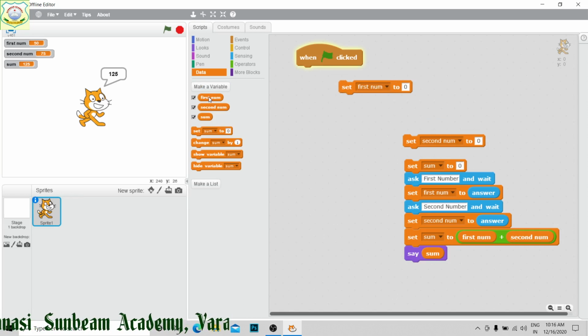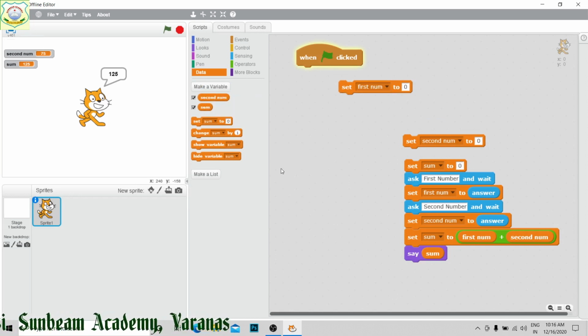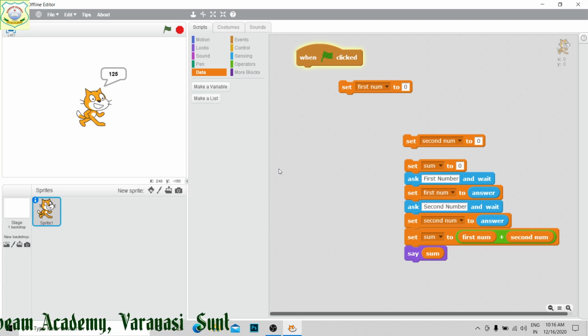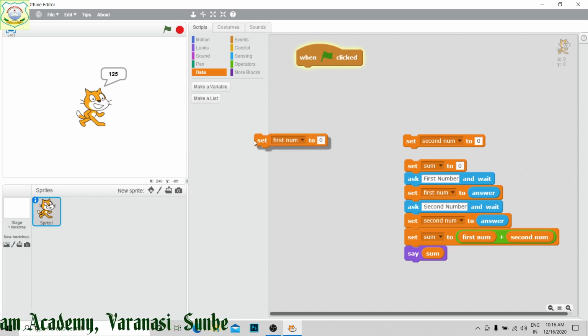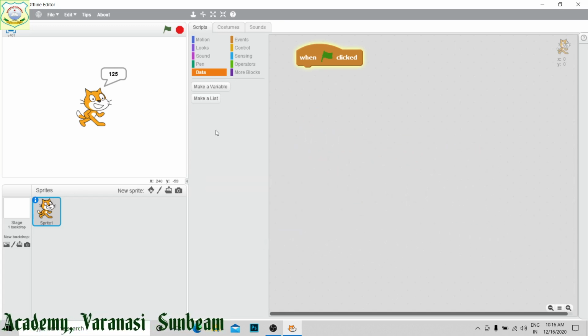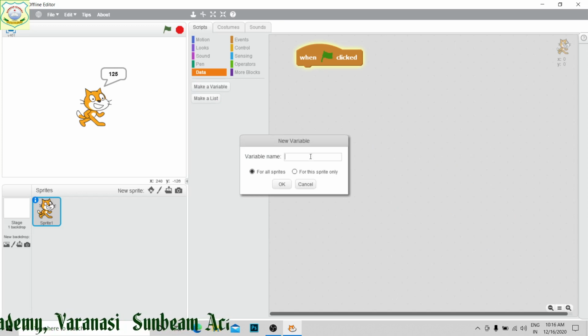Once again I am showing you, I am going to delete all the variables, then I will create the variables, then we will make the program. Now see, these all I am going to remove from here. Make variable, this is for first number, right?